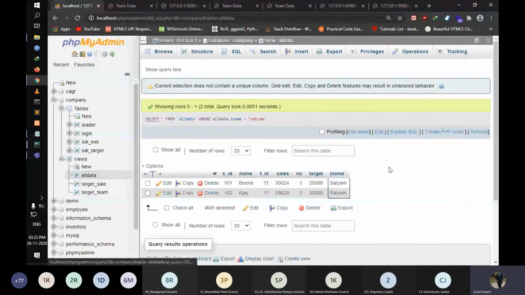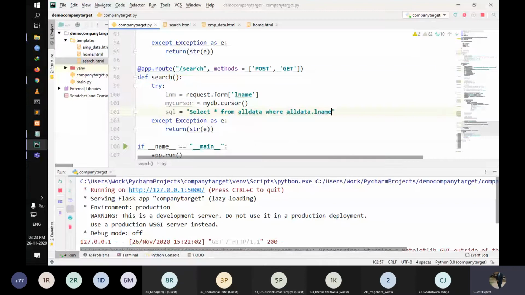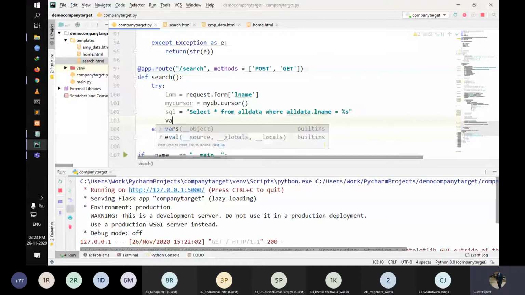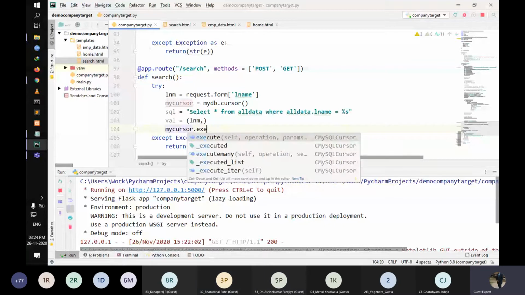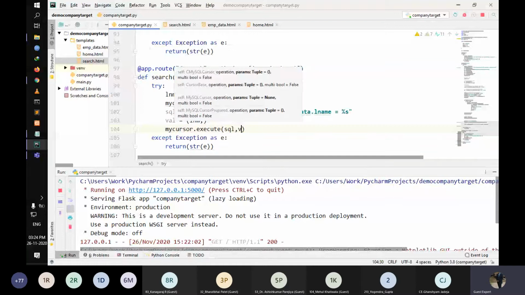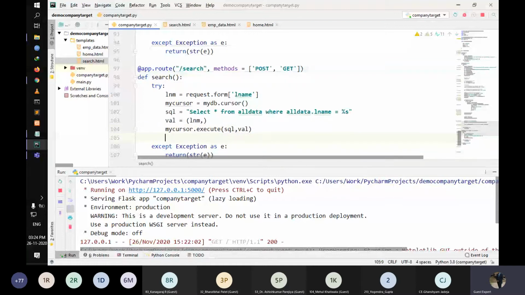Okay, write down L name. Is equal to LM, comma, dot, my db dot my cursor dot fetch out.